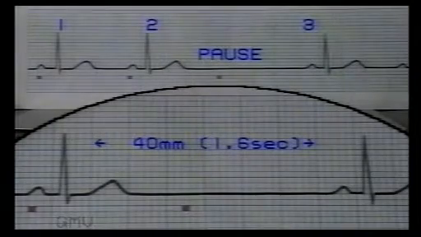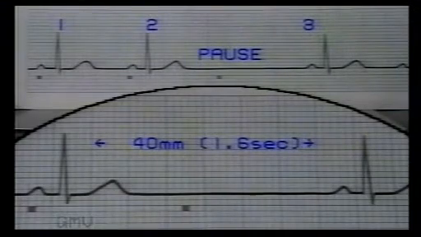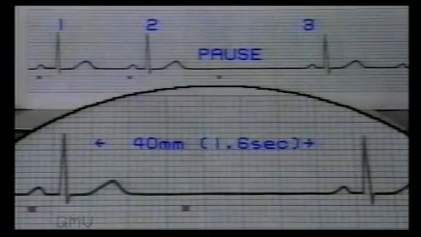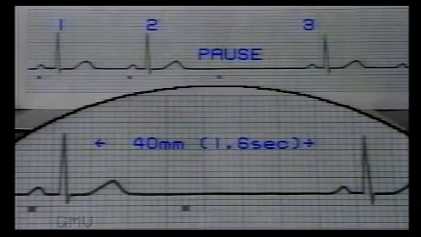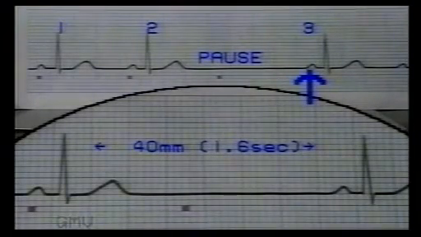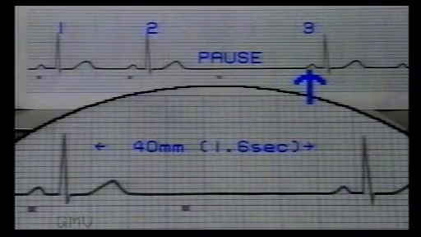In this tracing, once again we see a pause following a normal beat number 2. Now measure the RR interval, and it is 40 millimeters or 1.6 seconds. If the sinus pause is longer than 1.5 seconds, then it is termed as sinus arrest. This is sinus arrest. When sinus arrest occurs, the SA node may recover and resume the function again, as has